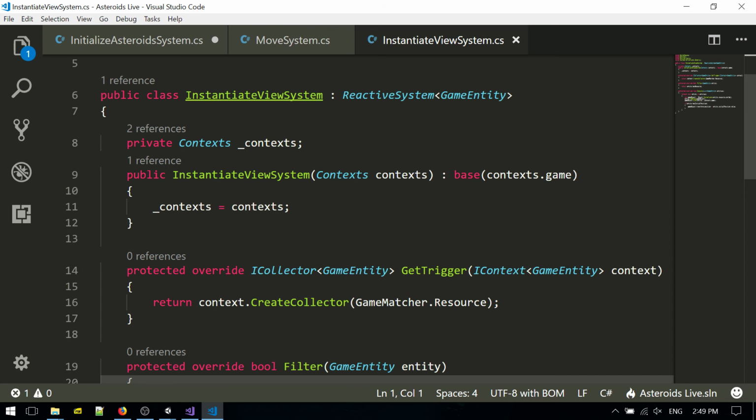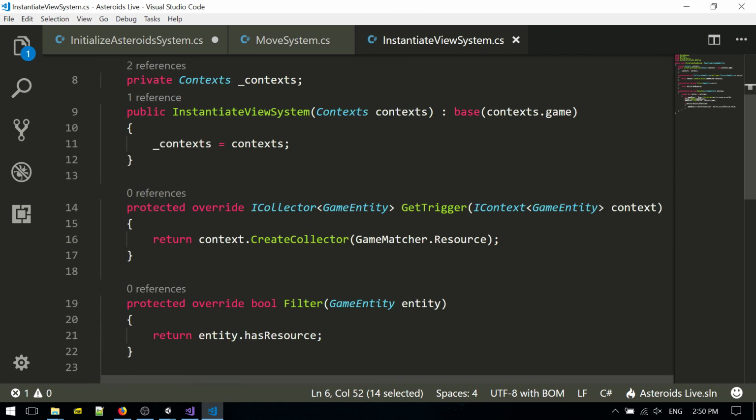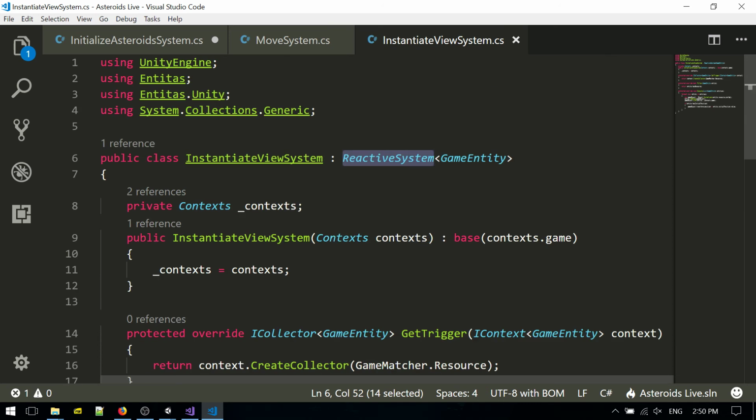Like in this case, it's actually not a very common scenario. It's going to be happening a lot, but not every frame. In this case, we can surely say that we need a reactive system that is going to be called when something interesting happens, to react on some changes in the underlying layer. And usually the reactive system is the most used because it actually allows us to somehow